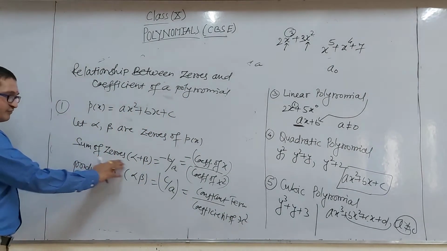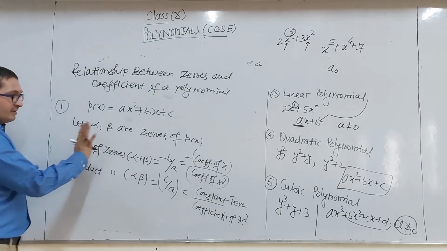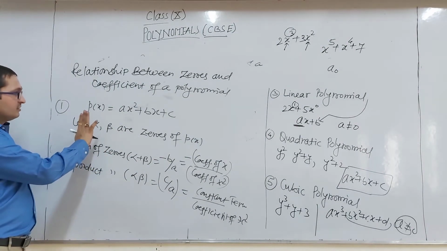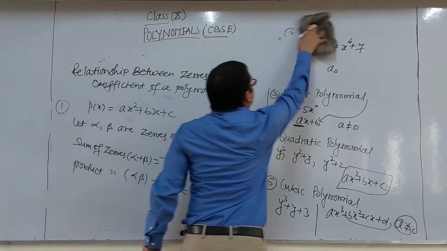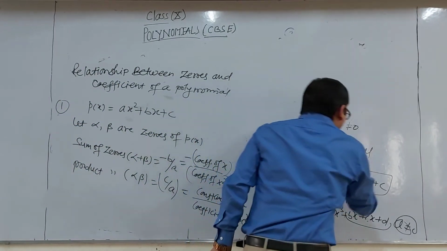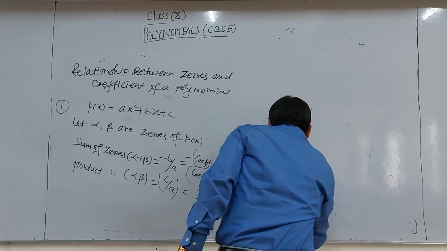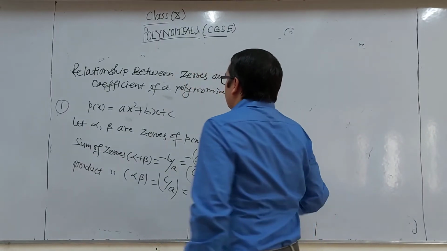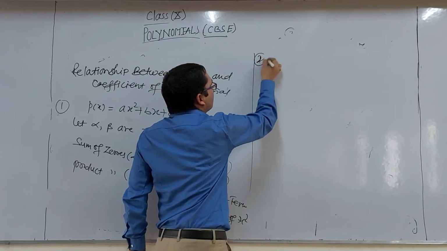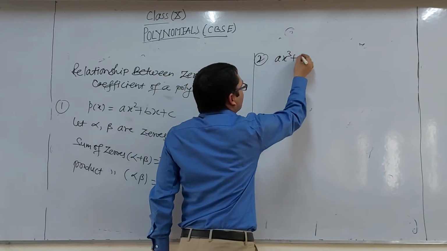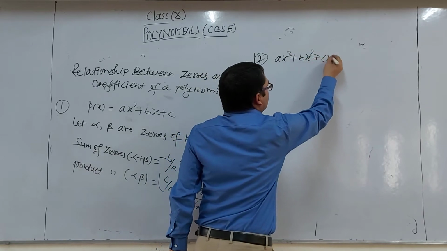So sum of zeros, product of zeros. This is for the quadratic polynomial. Now, next, for the cubic polynomial. For the cubic polynomial, I am taking one of the equations, ax cube plus bx square plus cx